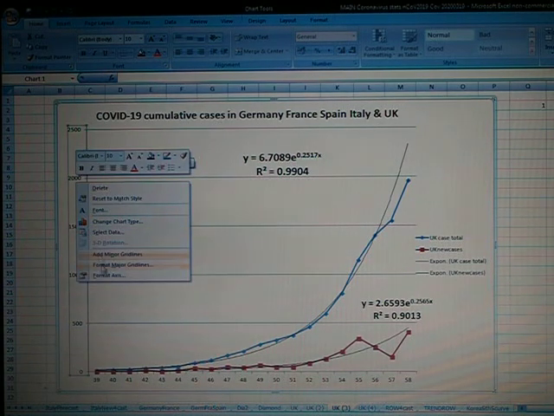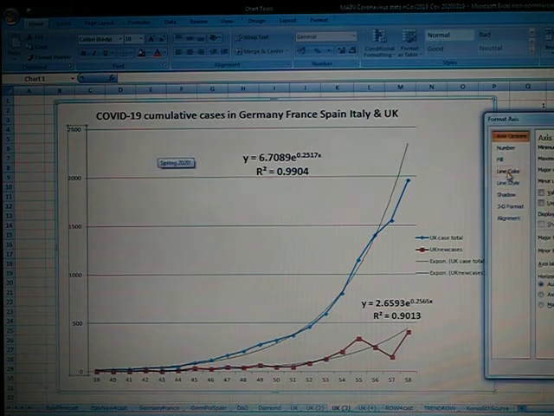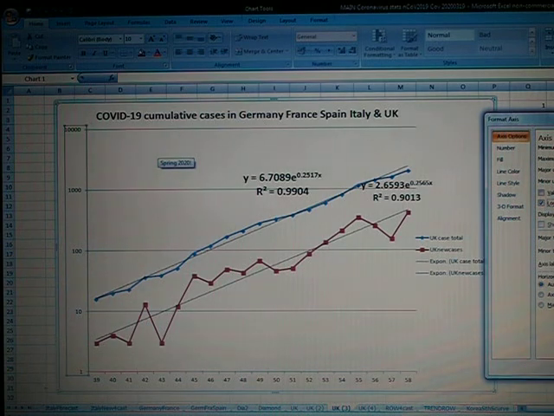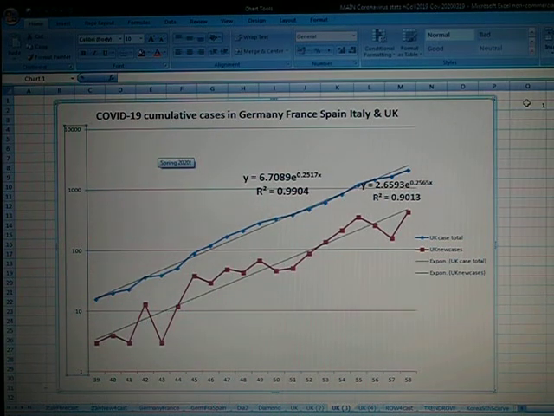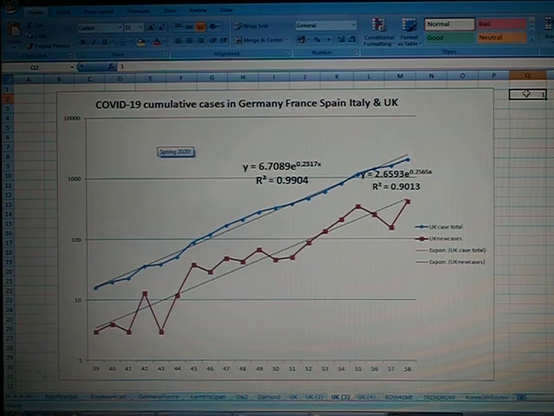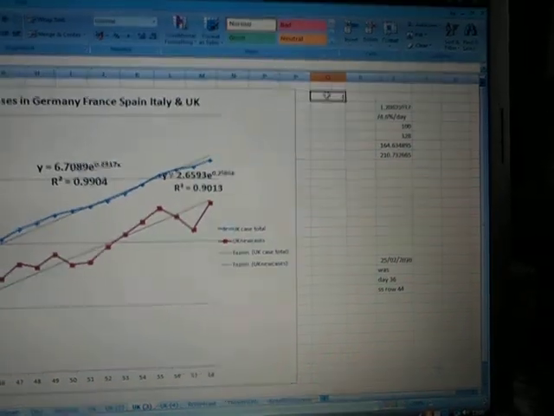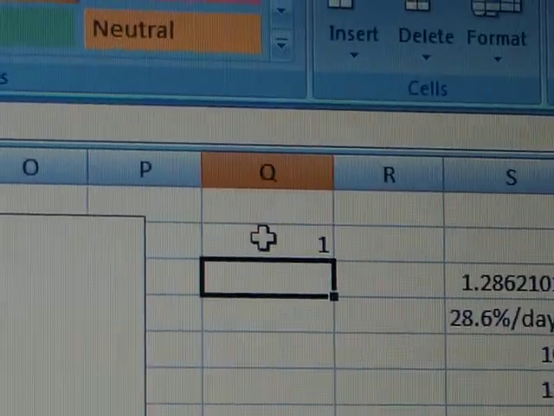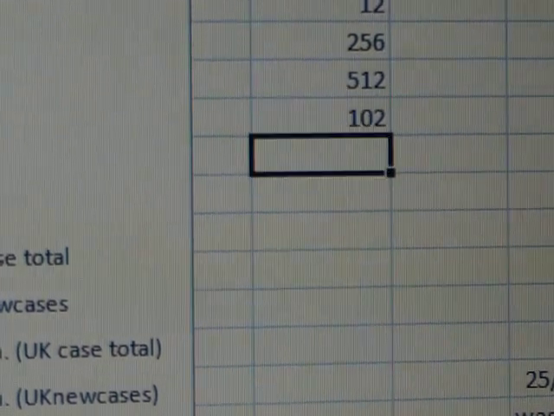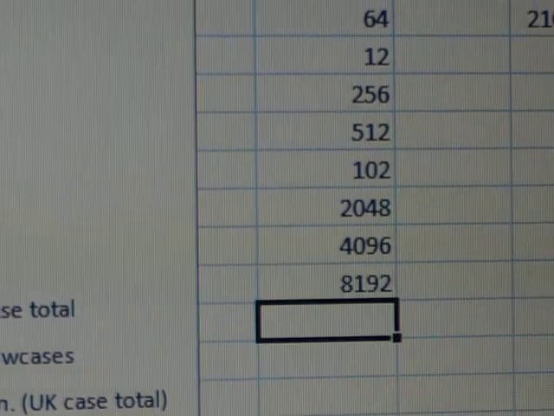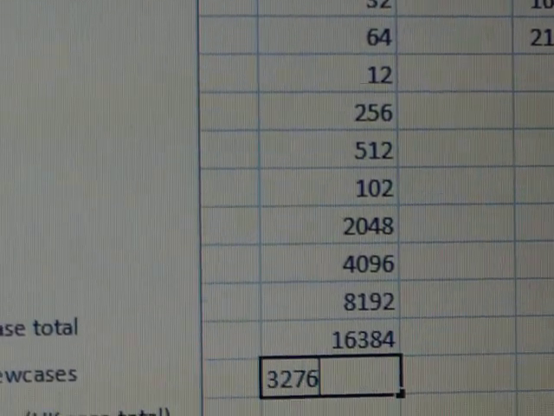And of course, if you put them on a log chart, they're both straight lines with about the same slope. What I'm going to do here is I'm going to create an exponential function that doubles every day, starting at 1. Okay, starting at 1. Okay, 2, 4, 8, 16, 32, 64, 128, 256, 512, 1024, 2048, 4096, 8192, 16384, 32768,